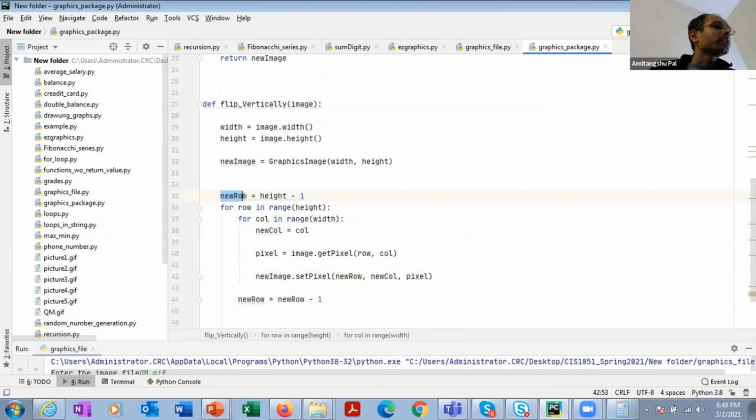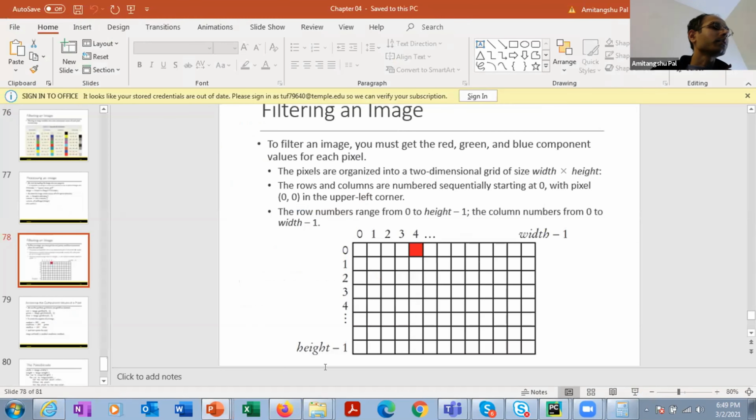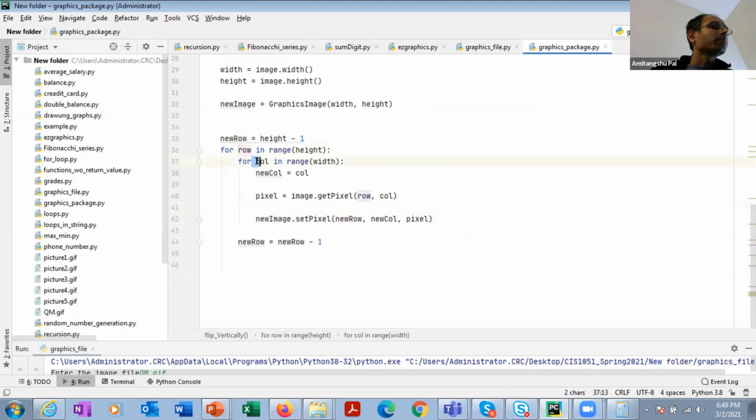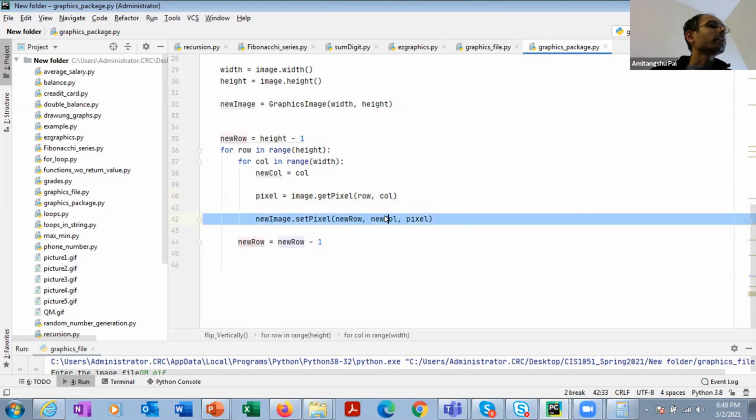So I have started with new row equal to height minus 1. So I have started with this row, and then corresponding to the old row and column I have extracted the pixel intensities, and then I'm copying the same pixel intensity to the new image with the new row and new column.